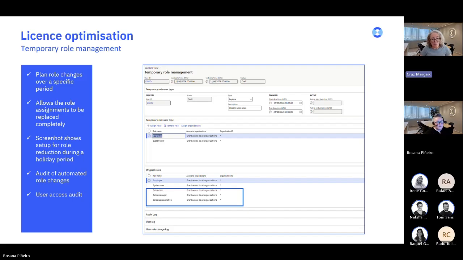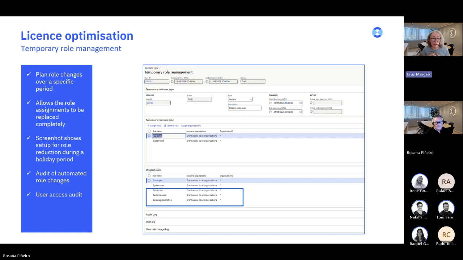We can see in the screenshot, highlighted in this blue box, all the roles that relate to his sales functions, to his sales role. Obviously, as a sales manager, David will need a full license. However, he's going to go on holiday for a week and someone else is going to take over.